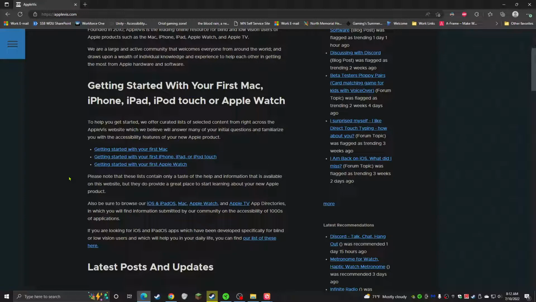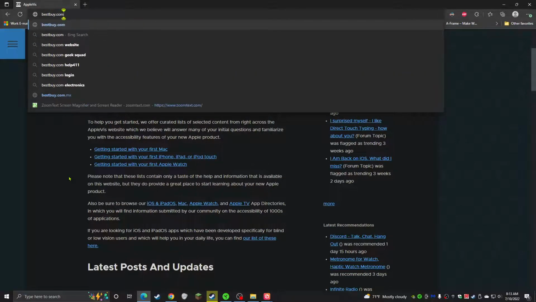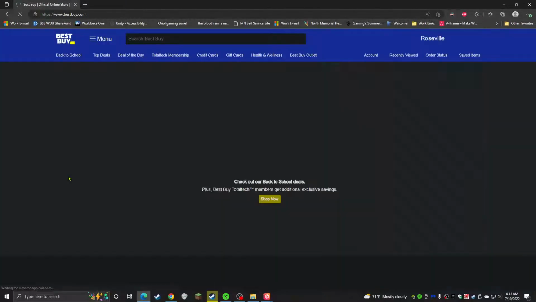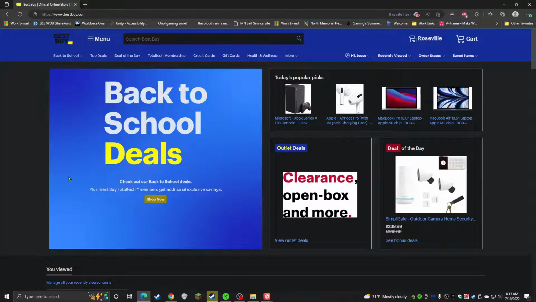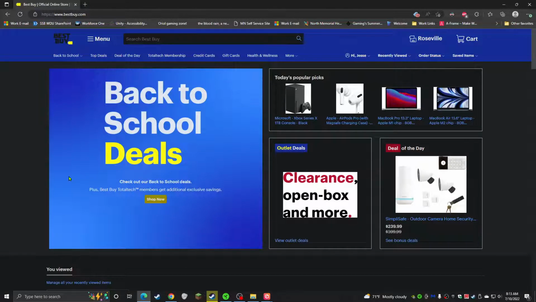Now, you also may notice that we're looking at a website. It's got this dark gray background. Right now we're just looking at a bunch of text, but let's go to Best Buy, because that's got a bunch of pictures on it. If you've been to the Best Buy website, you're probably like, it doesn't look like this. It looks like that. That is because I'm using a free browser add-on,